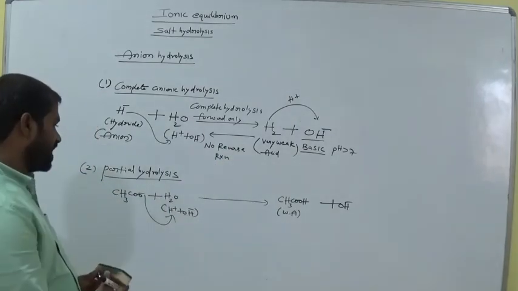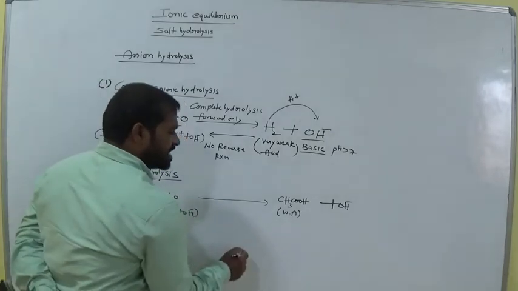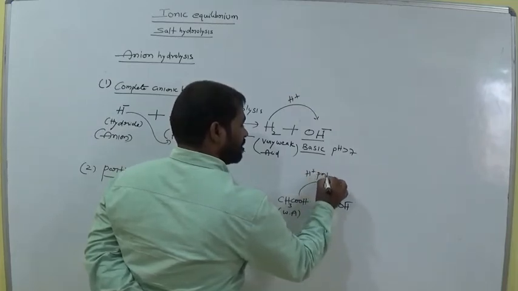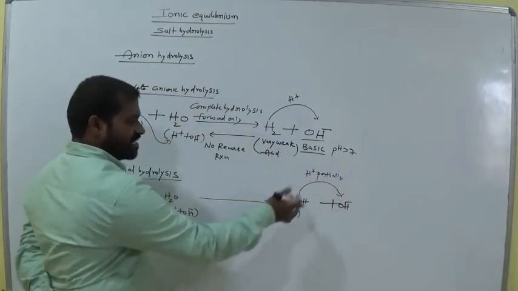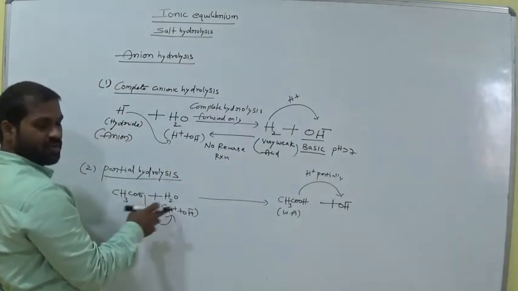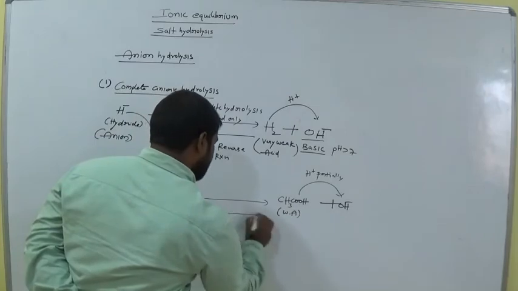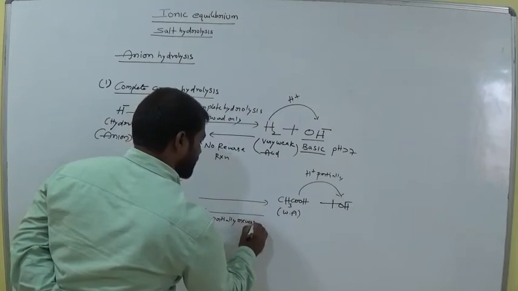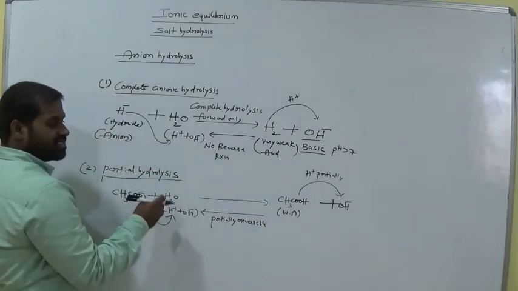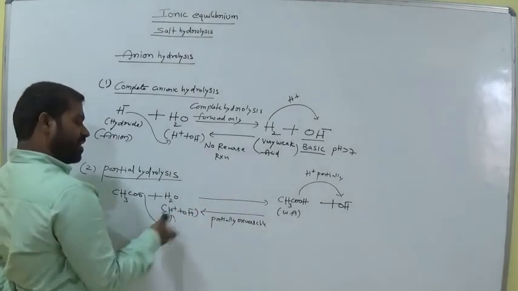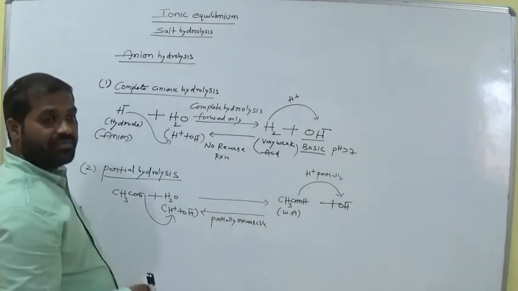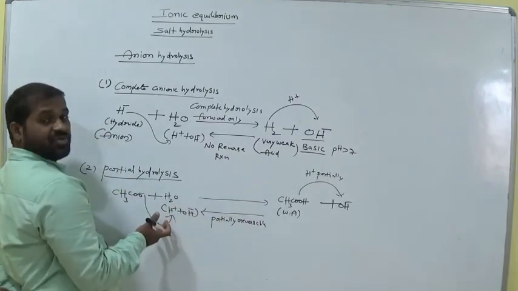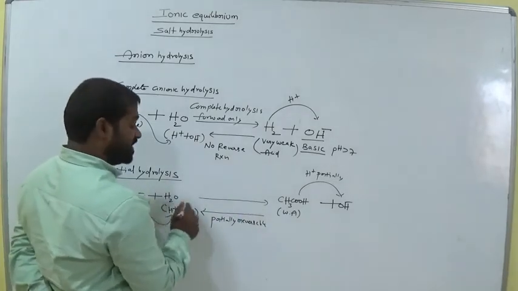Remember this point. Partial hydrolysis means it is a weak acid, so it is again able to donate H plus partially. That means H plus gains OH minus and produces H2O. That means it is reversible or not? So partial reversible reaction takes place. Suppose 100 molecules are ionizable, in that 5 molecules are again converted to H2O. But our aim is H2O completely split as ions. But here H2O is partially formed again, which means partial hydrolysis takes place.